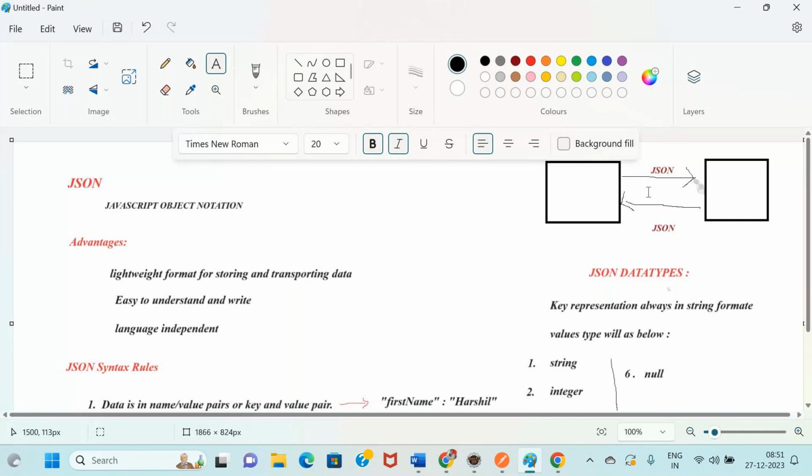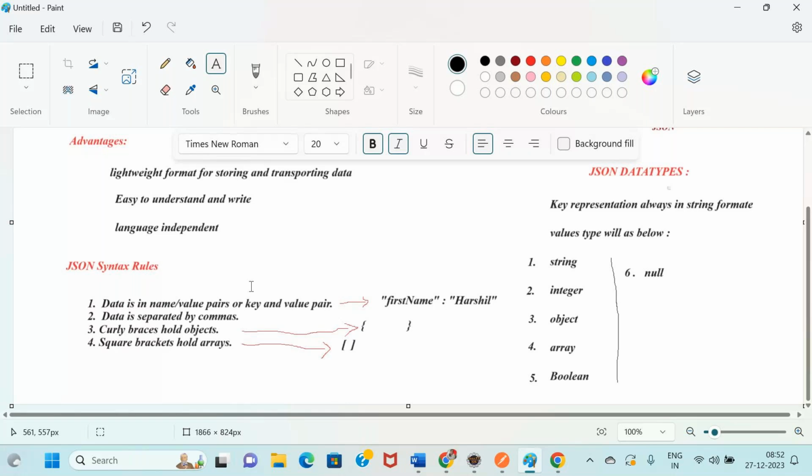So the rules for creating data in JSON: data should be represented in key-value format, and from one data item to another we use comma separation. To hold an object we use curly braces.